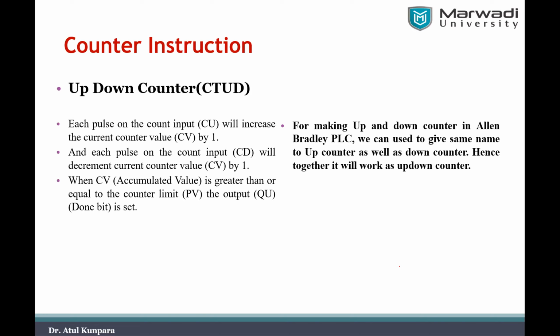So it is different in different company software. Some software provides that block separately, while with Allen Bradley PLC, which we are using in our laboratory, they allow you to use your up counter and down counter with the same address, so that you can use both blocks combined to make the up and down counter, right? So that's what you can do, and you can perform your required tasks if you have to make some up and down count for a single value and a single sensor output. Okay, so that's the thing for the counter instruction.